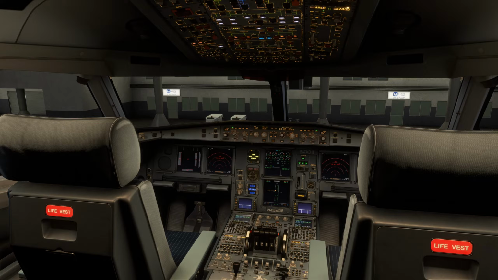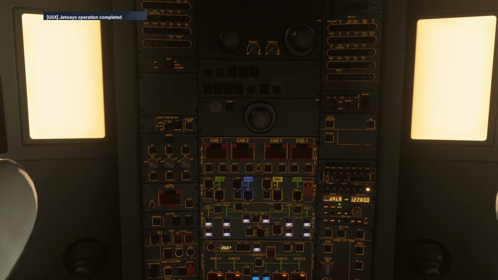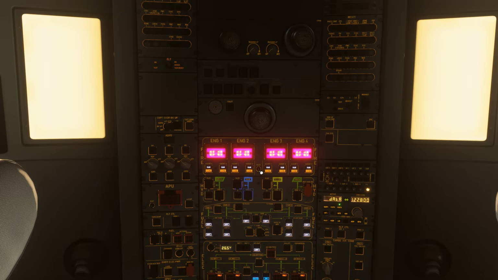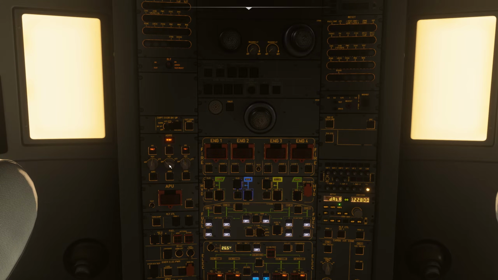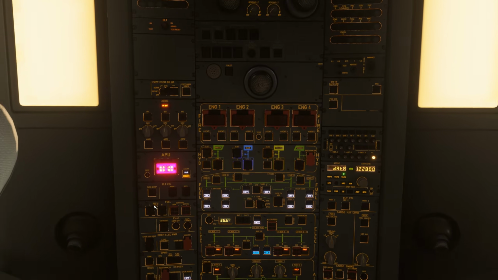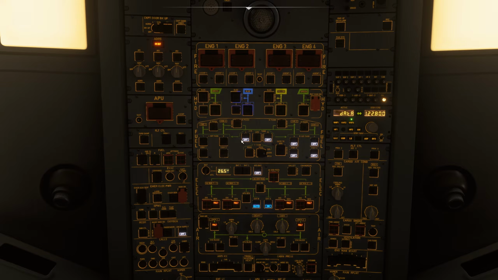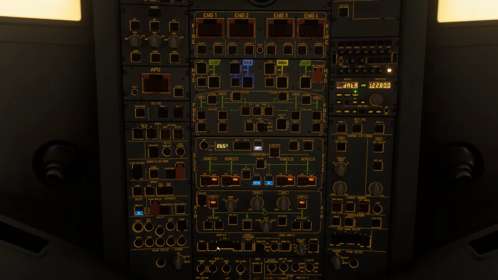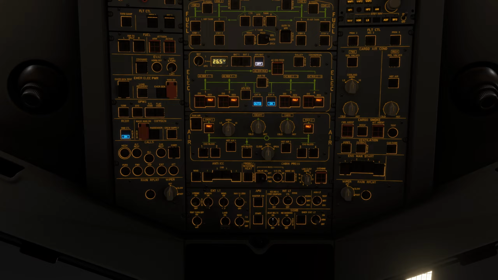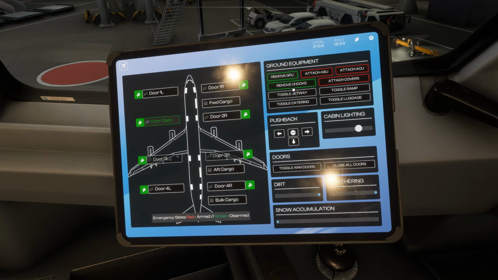So, welcome into the iniBuilds A340-300 cockpit. Hopefully soon we should be in another A340, but the 600, hopefully that's not too far along. Let's do some fault and APU fire tests. I'll get the fuel pumps on now. Pretty simple to get the 340 rocking and rolling. Right, let's go into